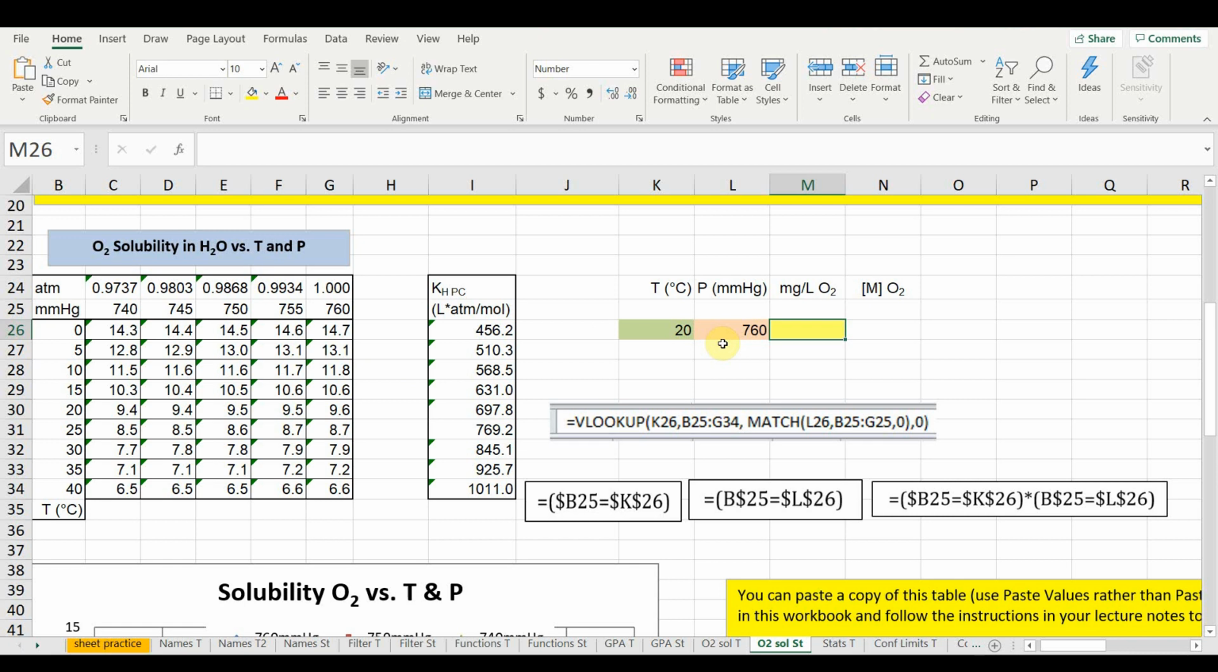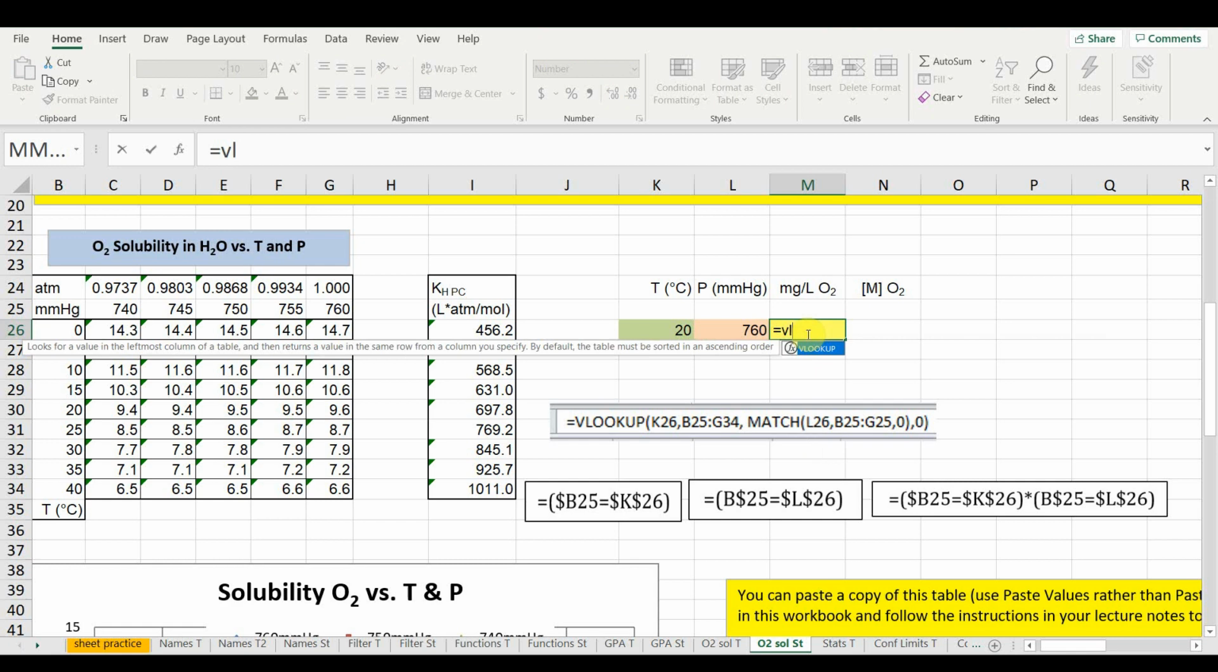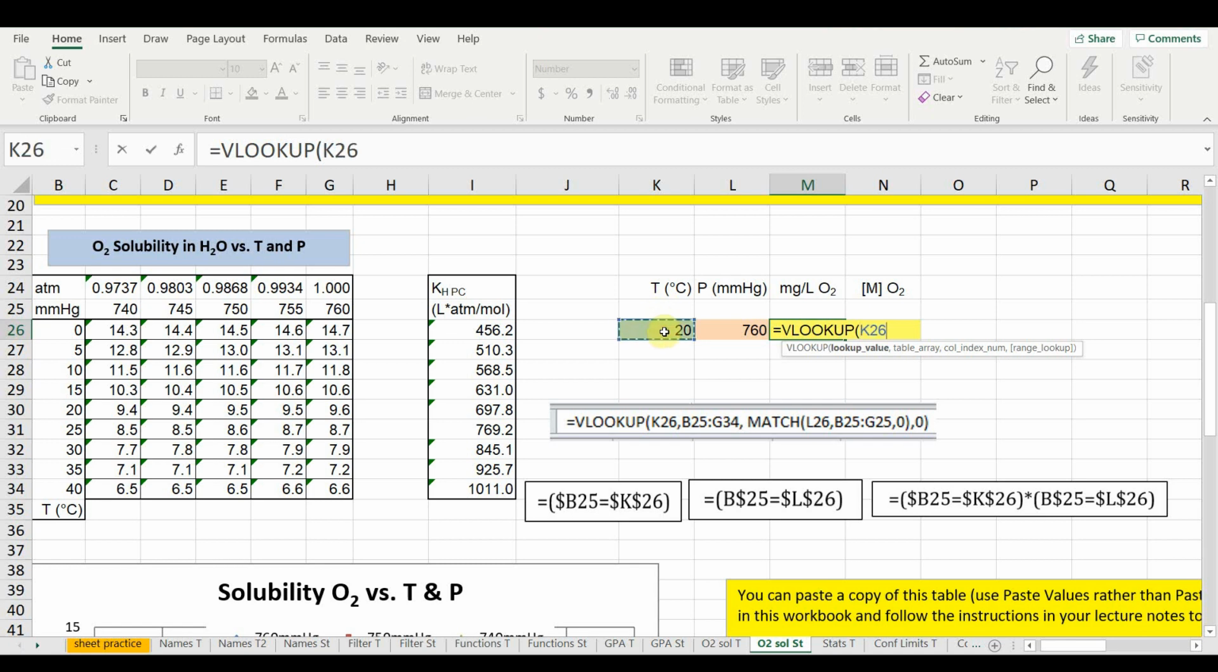So to do this, we'll have to use a lookup function and a match function. We'll start off, and I'll explain as we go. So in cell M26, we'll start with an equal sign VL, and we'll accept, that is tab, to accept the vertical lookup function. Now, what do we want it to look up? We'll start with the temperature. We want it to look up a temperature, so let's click on cell K26,